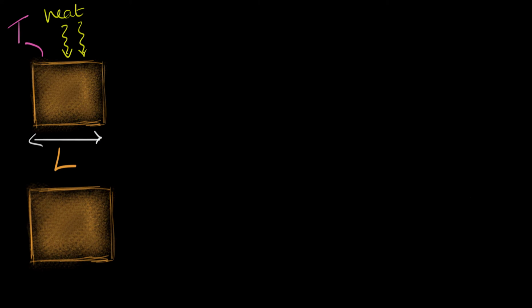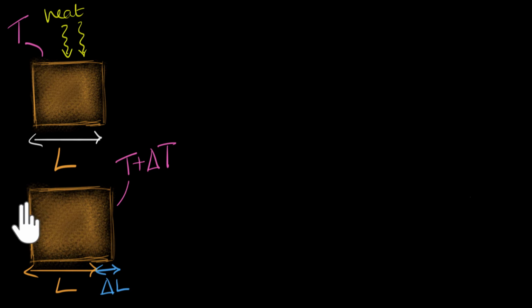So let's say right now the new temperature is T plus delta T, and its new length would be the old length L plus some extra length delta L. And the same story on this side, it will be L plus delta L over here. And now the big question is, how much has the area changed? That's what we need to figure out. So how do we do this?